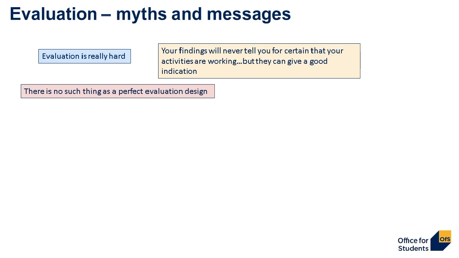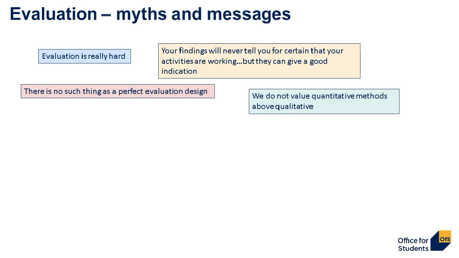There's no such thing as a perfect intervention that will work every time in all contexts for all participants, and at the same time there's also no such thing as a perfect evaluation design or approach that will give you the perfect result. There's always likely to be some compromise you'll have to make. That could be that you've got a small cohort size or low response rate to a survey, or you haven't managed to get a high level of consent, or you haven't got a perfect comparison group, etc.